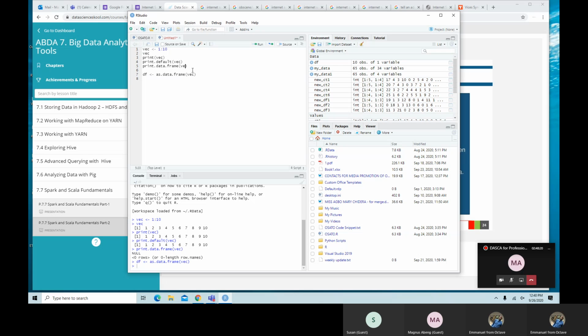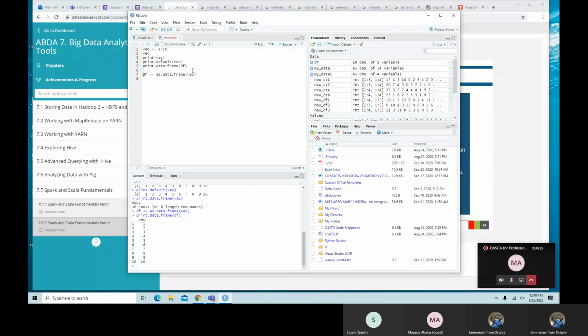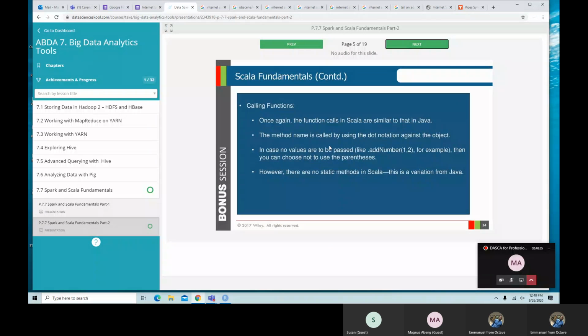If I use this in the data frame and change this data frame, it's going to just split it, as you can see here, because it's assigned to that specific part. So going back to our list, we have print, we have functions, we have methods, which are called by using the dot implementation. So moving on,